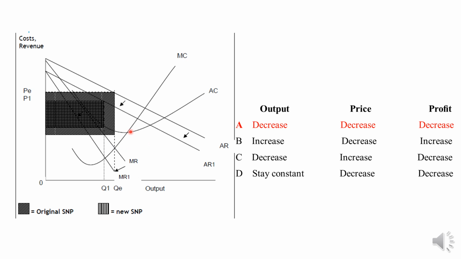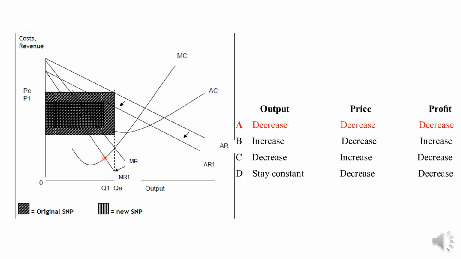So here what happened because of Netflix and Amazon Prime movies and these things, DVD sale has fallen. So that's why the AR curve is shifted down. You can see that the AR curve is shifted down from AR to AR1. That may lead to MR shifting from MR to MR1. The MR curve also shifted down. So now the profit maximization point is changed. Previously that was here, but now it is here.